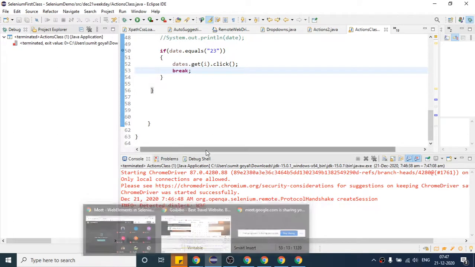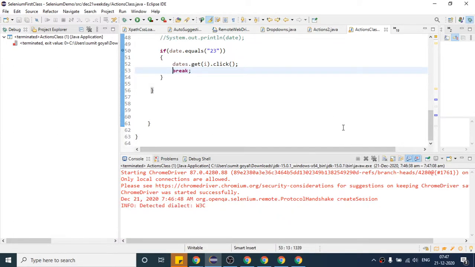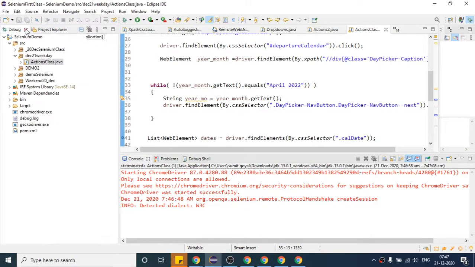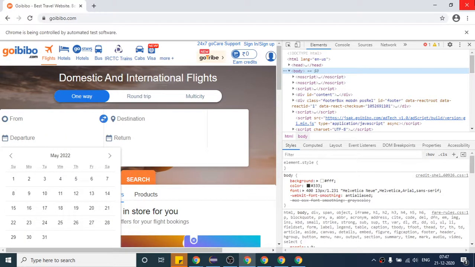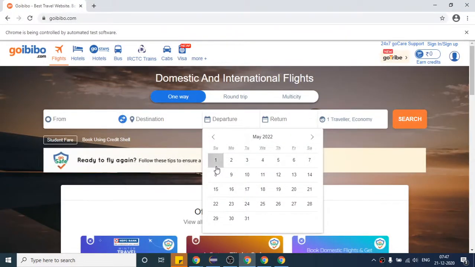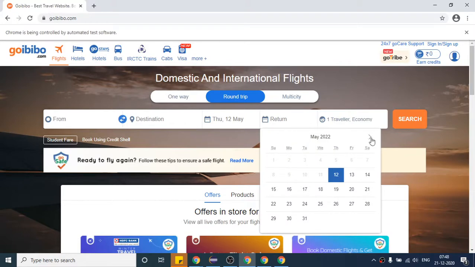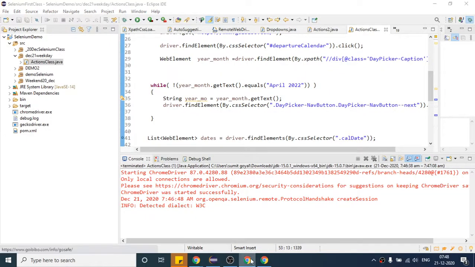So now we will see the next one. You can keep on changing the date, it will work. If you do not have any issue, we will see our next topic. We saw how we can work with calendars. You can try to select this one. Once I click this, if you click this again this calendar will open, so you can again work in the similar way.